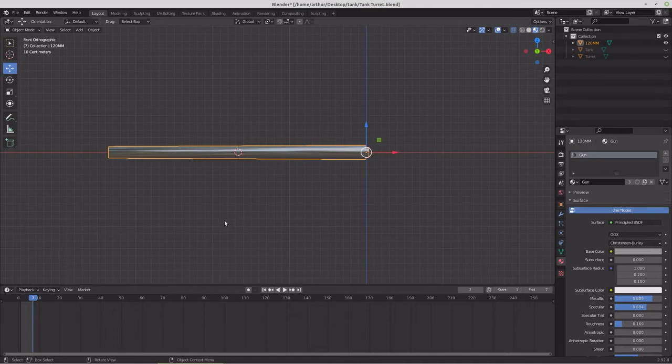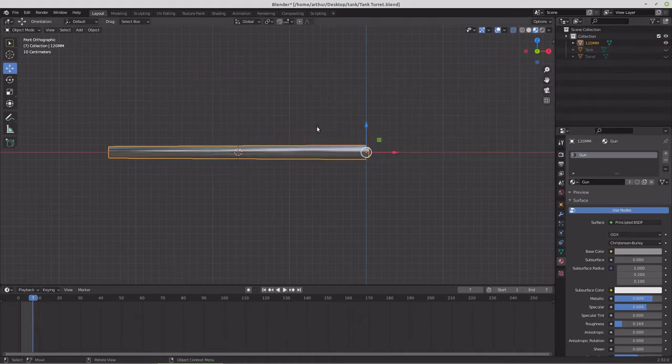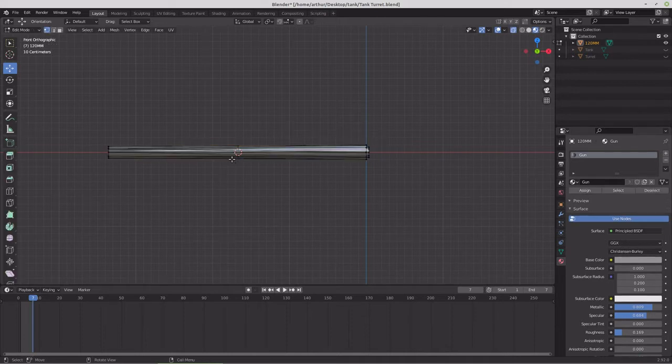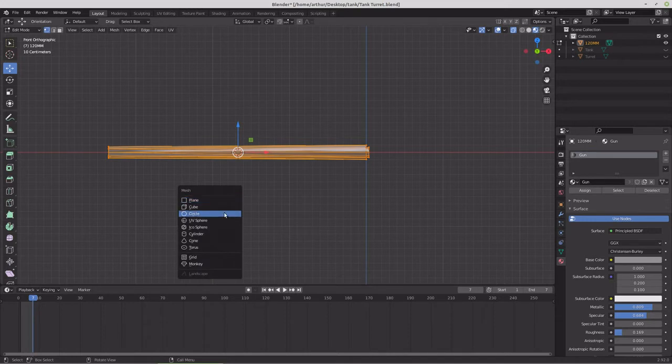So we'll start off in the blend file. This is my tank blend. I've just disappeared the turret and the tank out of the scene, so we're not looking at it. And we'll just use the old gun for a size reference. So we'll take it into edit mode, select all, snap cursor to the center of that. Add in a cylinder,